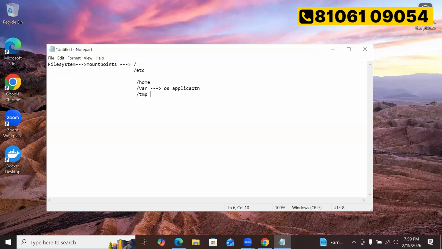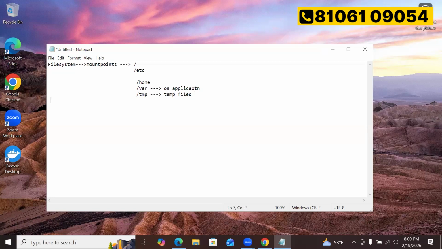It is a special temporary directory where all the temp files are located. Any temporary files generated are stored in the tmp folder. If you reboot your machine, all the files in that folder may be deleted, so any important files we don't store there.